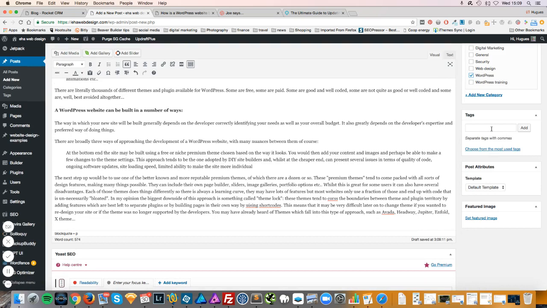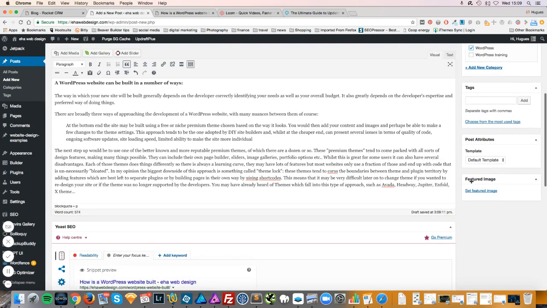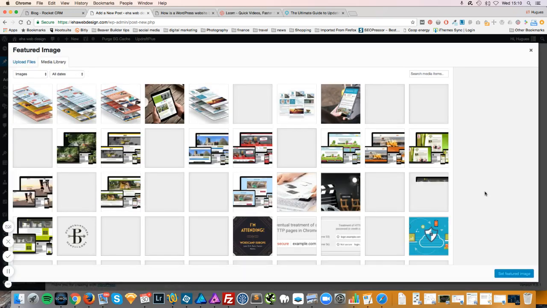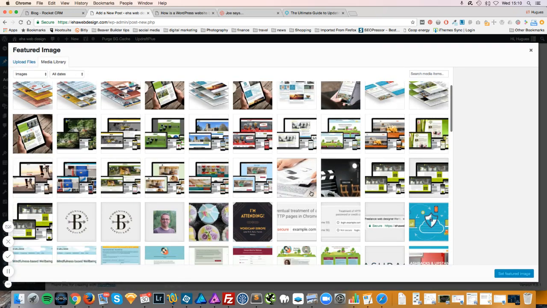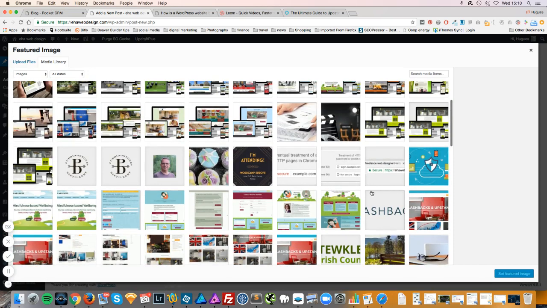Tags, I use them on some sites, not on others. Another way to categorize posts. And then featured image, which will put an image above the post and will put it on the list of posts as well. So if I set my featured image, assuming I've already loaded the image on WordPress, it takes me to my image library and, say, I know this one will work. I'm going to use this image,